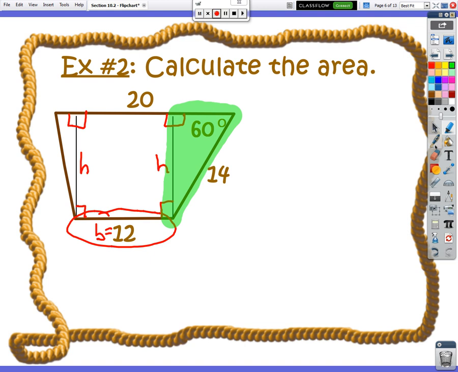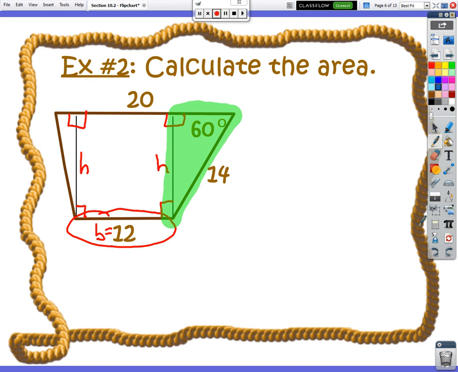And here's where we have two options. Since we have a right triangle, thanks to our height being perpendicular to our base, we could use some trig here. We could use some sine, cosine, tangent. We just got to figure out which ratio works in this particular setup. Or technically this is a 30, 60, 90 right triangle. So we could use our 30, 60, 90 patterns. So I'm going to show you both ways here. And first I'm just going to start with the trig route,